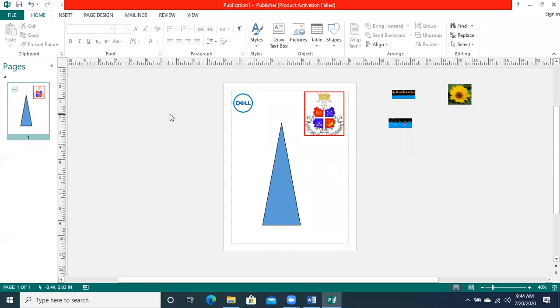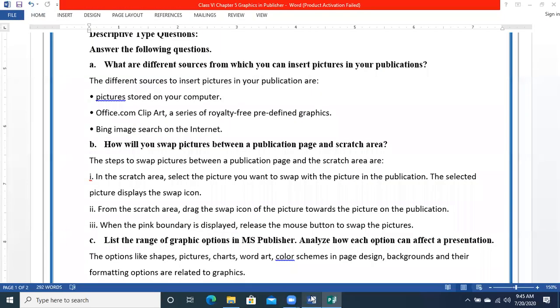So anyway, the question is कि how we can change the picture. इसको हम कैसे change कर सकते हैं? We can bring any other picture by the swap option. You will see that the steps are written over here. The steps to swap pictures between a publication page and a scratch area: in the scratch area, select the picture that you want to swap with the picture in the publication.